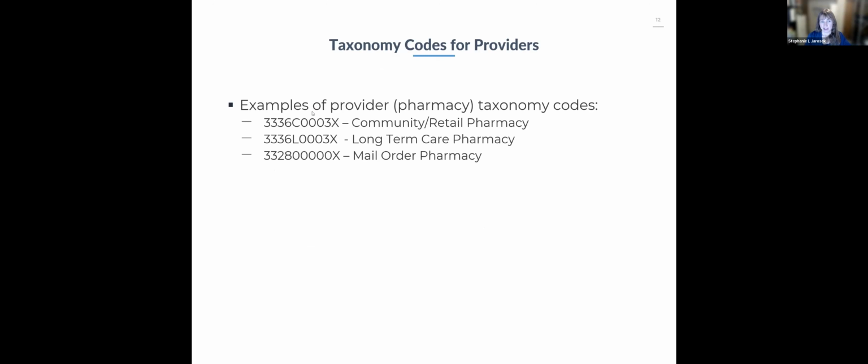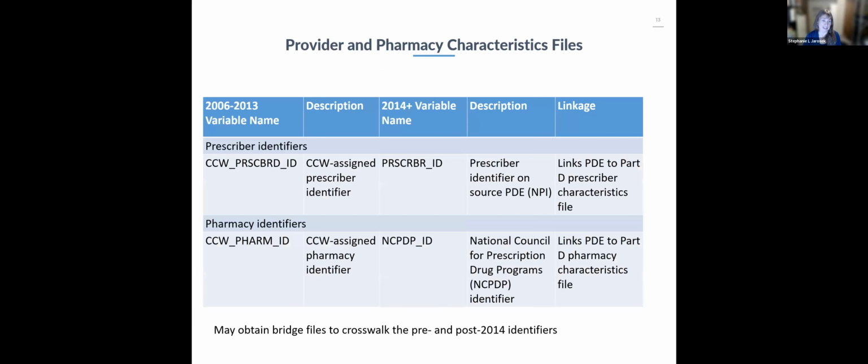These are the types of taxonomy codes. It says providers, but in this case, we're talking about pharmacies. So is it a community retail, for example? That's how they would look if you're looking at the taxonomy code, but they do provide the description for you as well. When we want to link this,